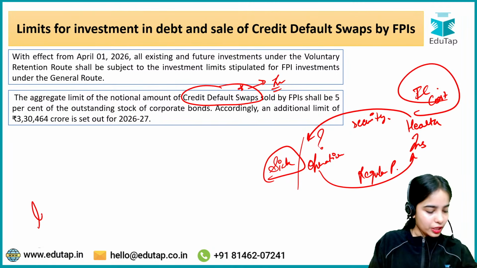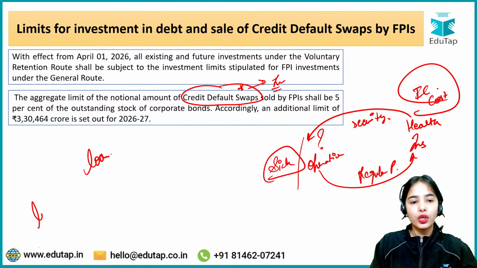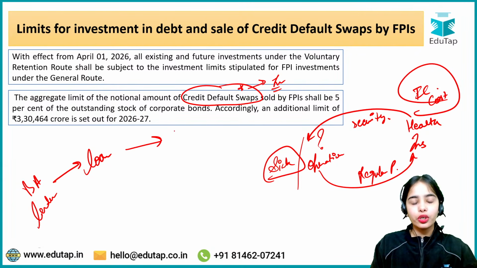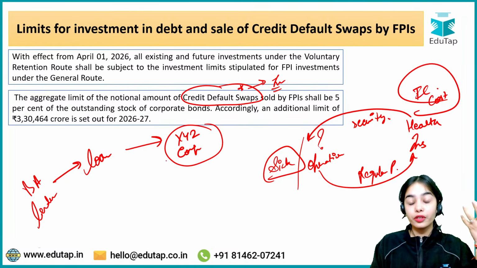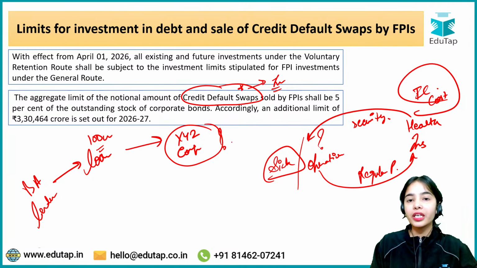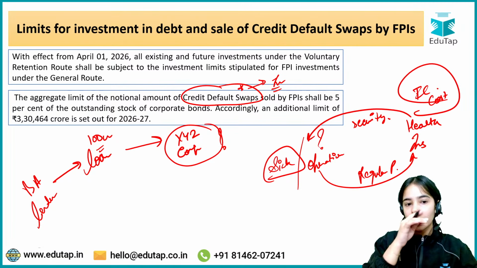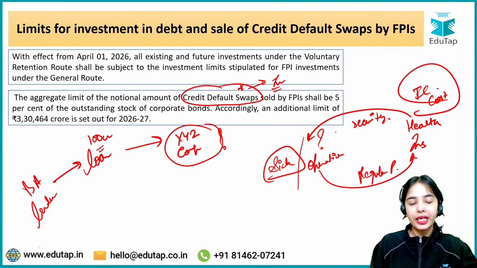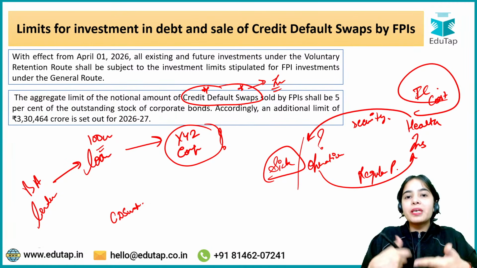Let's say I have given a loan. I'm a lender, bank A. I have given a loan to XYZ company. It is a big company and it has taken a huge loan of 100 crores from me. Now I am afraid: what if this company defaults? What if this company closes down? So I want to divide my risk. What I will do is purchase a credit default swap in the market. Now by the term itself, you can understand that here the credit default is being swapped.